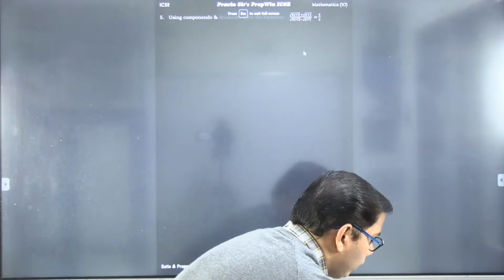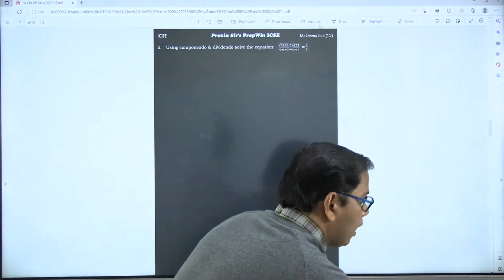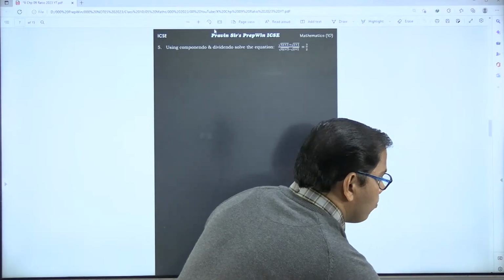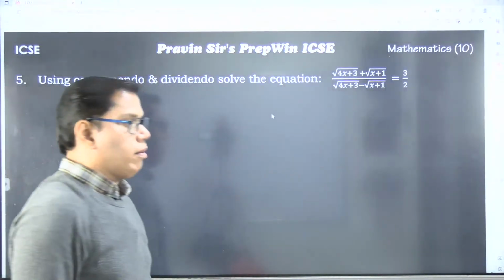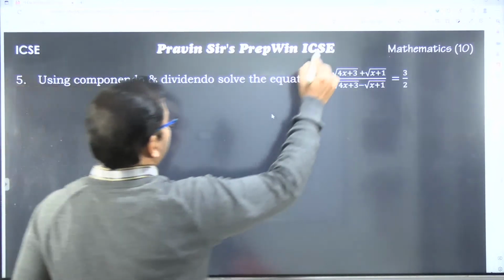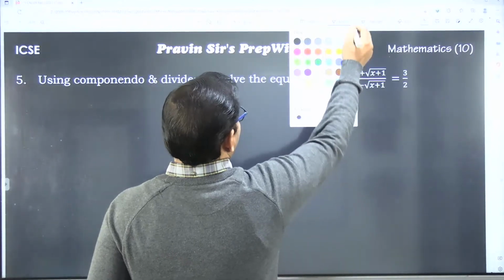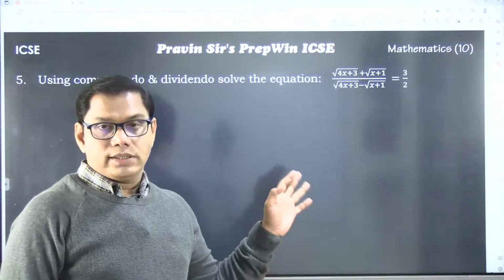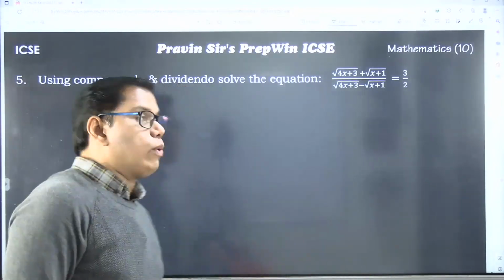Do it properly, because later on other chapters from the geometry section might be a little bit challenging as compared to this one. See, these kinds of questions are asked nowadays. If you see the last 3-year papers, this question was asked. This kind of question was asked on a regular basis.